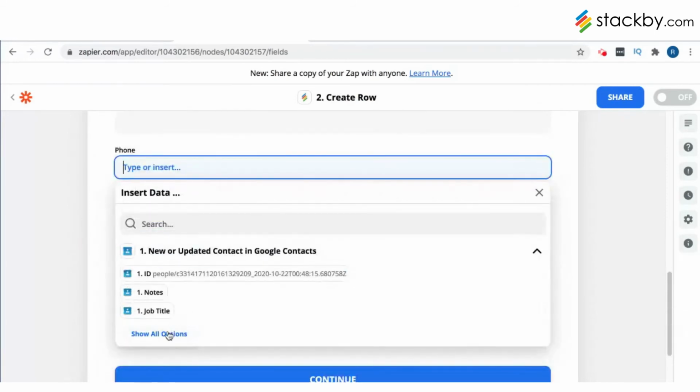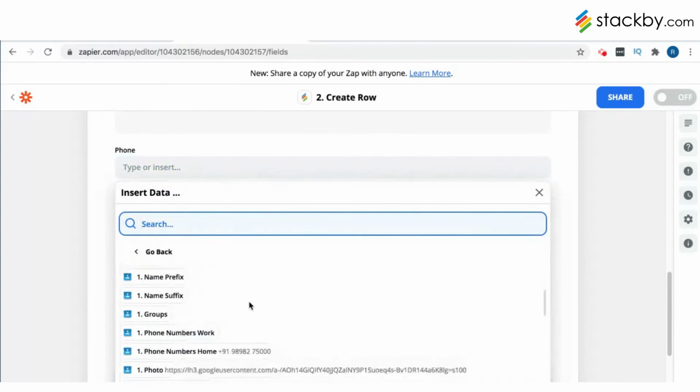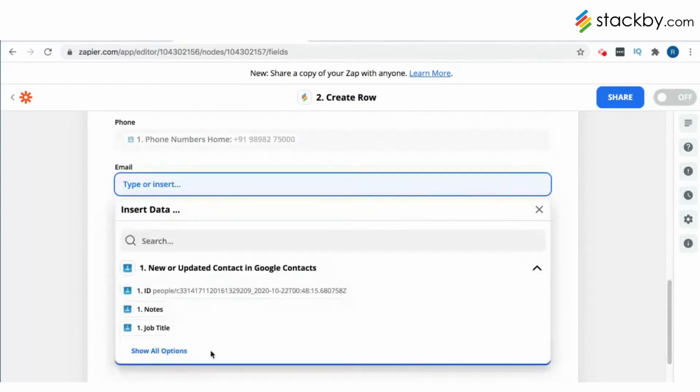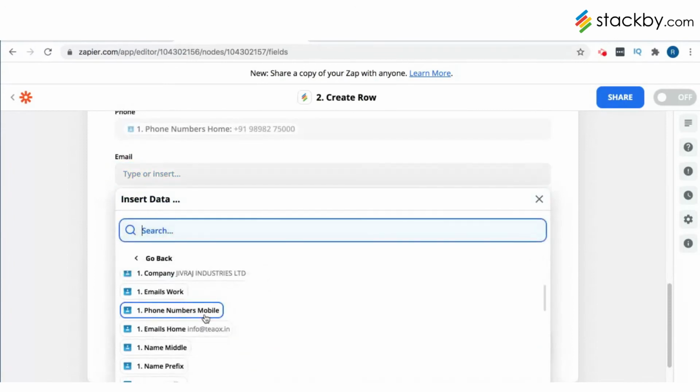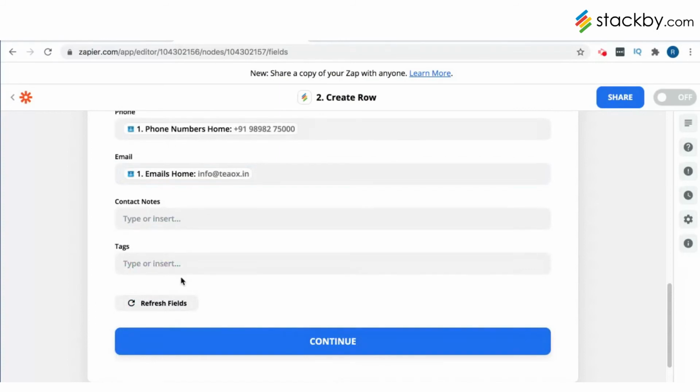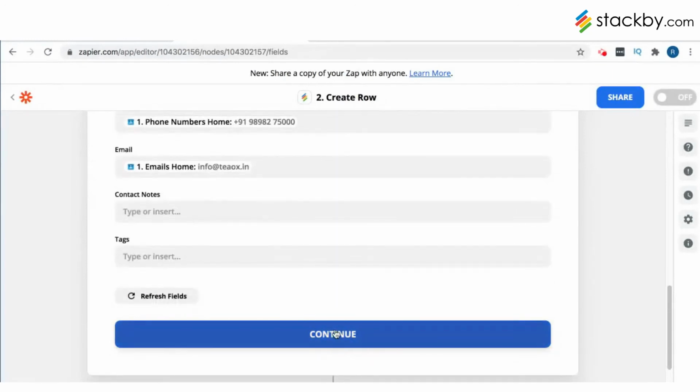Phone number will be this one. And email is the emails. I can also add contact notes or tags from the response that I get within Google Contacts. But in this case, let's leave it at this, and I can continue.